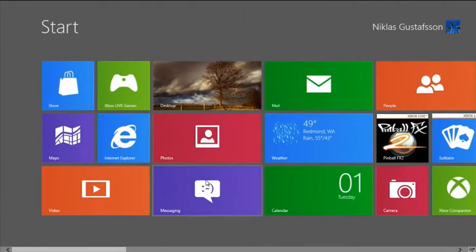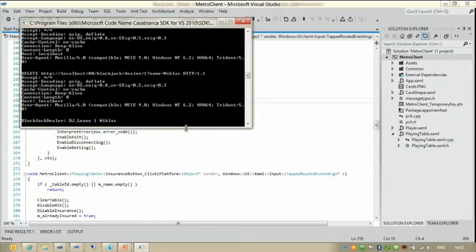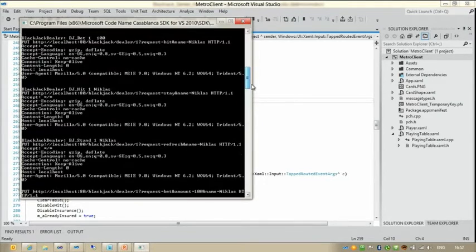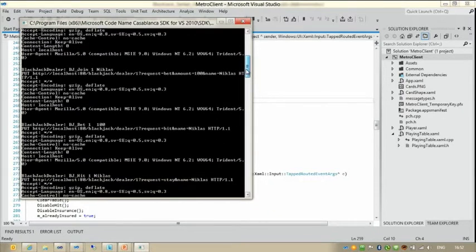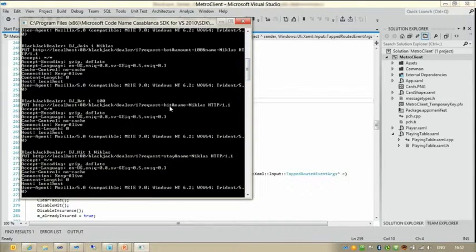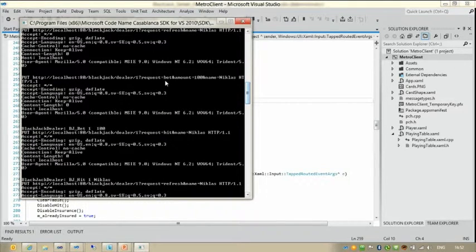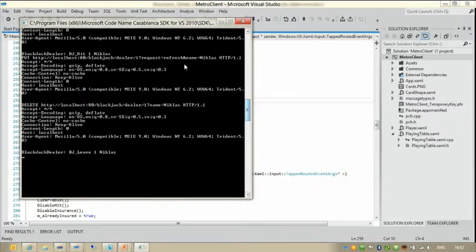But what we saw there, if we go back and look at the output from the server, we will see a progression of messages coming from the client to the server. We're doing a post, that's when we're joining the table. We're doing a put for a bet. We can see that here. The amount is 100. We then do a hit. I ask for another card. I then stay, and so on. Then I bet again, I hit. These refreshes are just a protocol between the server and the client that doesn't actually involve any UI gestures. And then finally, I'll do a delete here, and I'll leave the table.